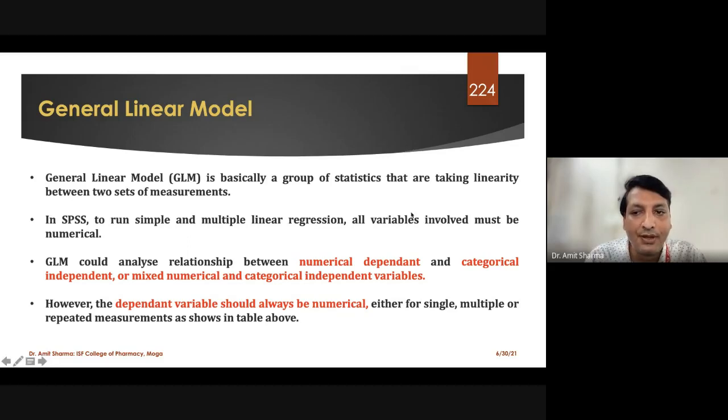So for GLM, what do we need? GLM can be applied to variables which are numerical. That means the dependent variable, in most cases or in maximum cases, what we require should be numeric, in terms of numbers, whereas the independent variable can be numeric or can be categorical. And in categories, we are not limited to only two categories; we can have three or four. It can be n number of categories, and we can take a set of numeric.